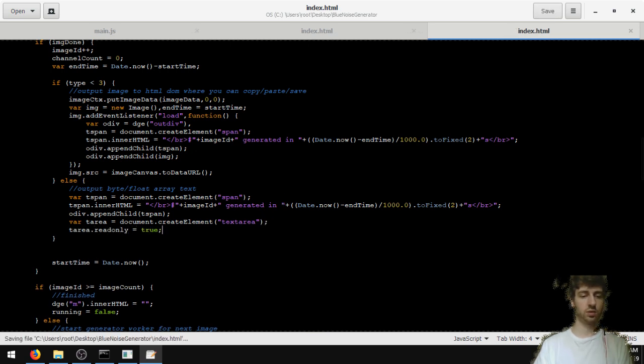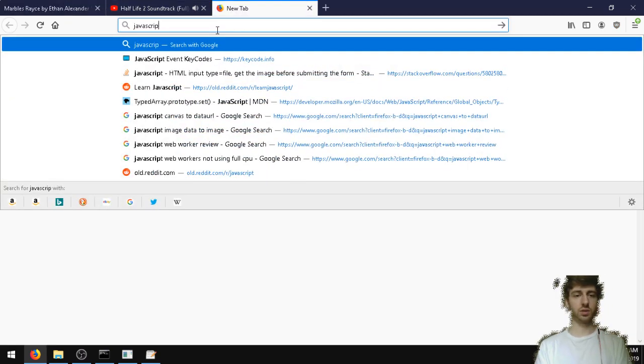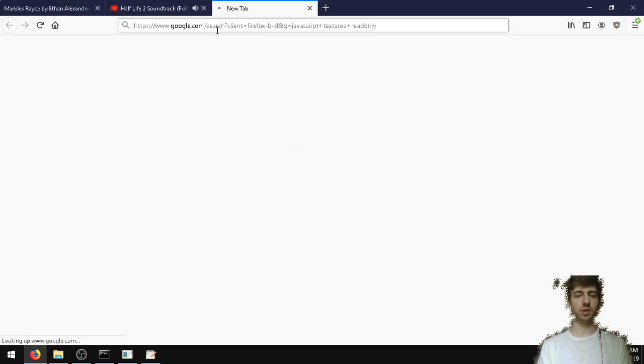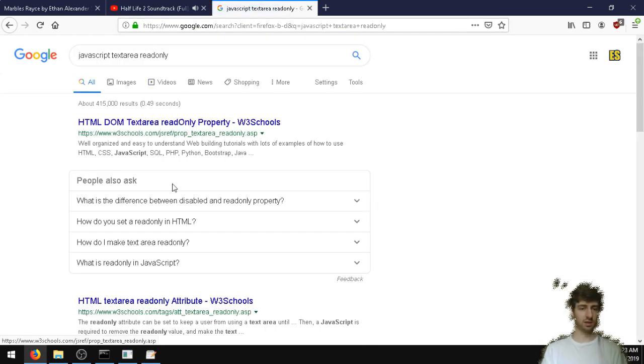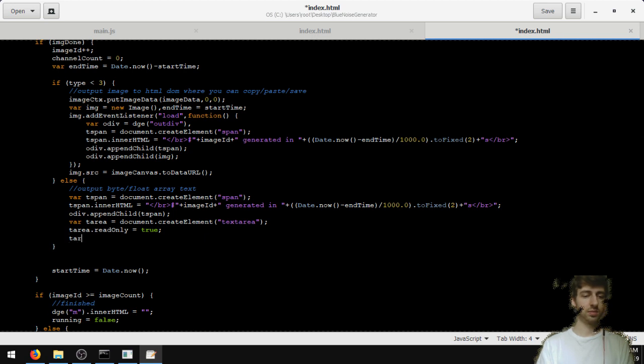Read only equals true. Wait, JavaScript text area read only. Can you set that in the DOM? Yeah, you can. Read only, t area dot value equals